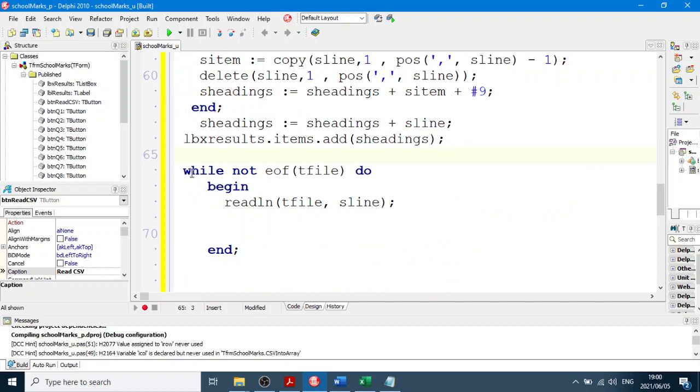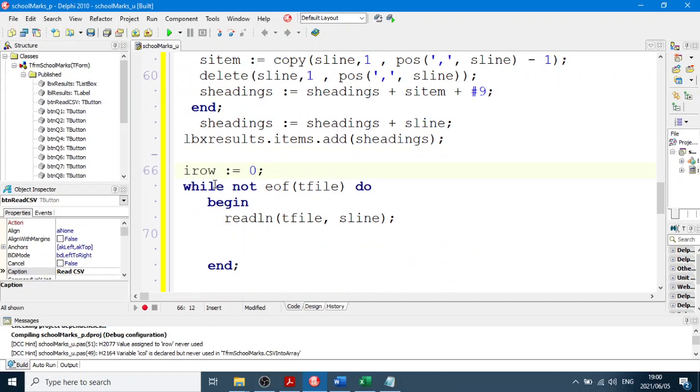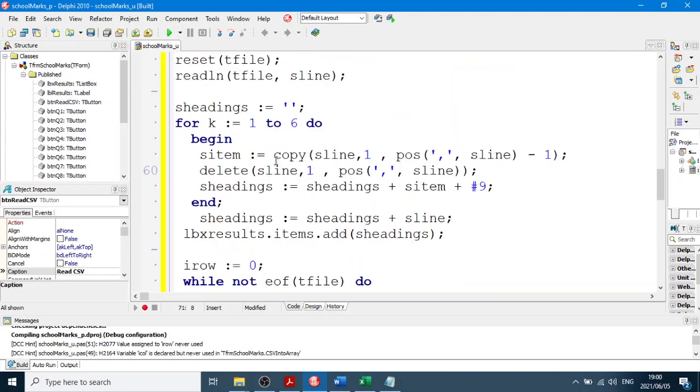So I'm going to make R row equal to 0 there. I'm just putting it there so I can see it. And then I'm going to increment R row because I'm reading the first line. And then I'm going to copy from S line, just like I did over there. And I'm going to do it 6 times